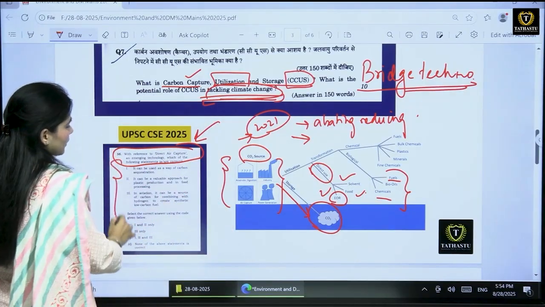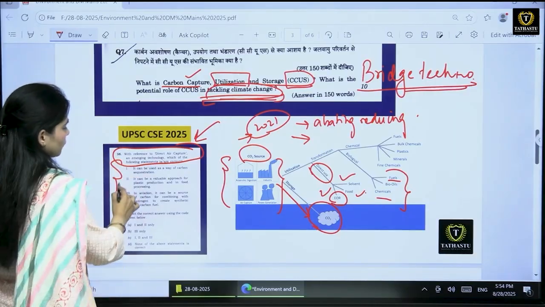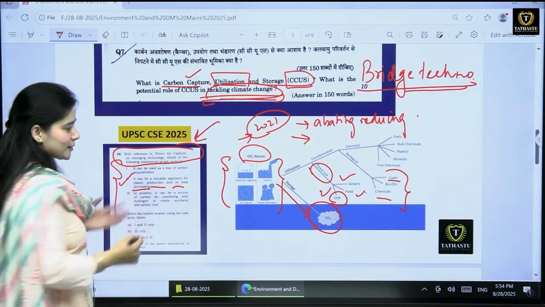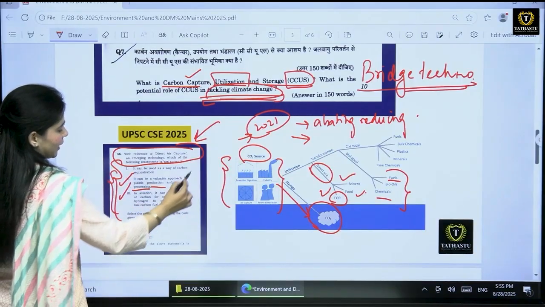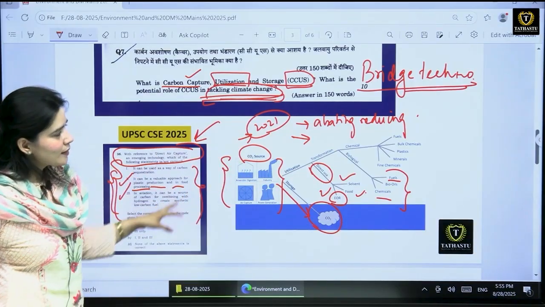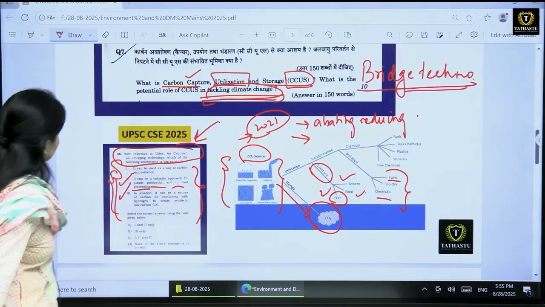It's a way of carbon sequestration, direct air capture. That's right. Of course, it's used for plastic production and in food processing. I've covered it here. And of course, it can also be used in the aviation sector. Okay, so this was the second question. Right. Coming to the next question, that is